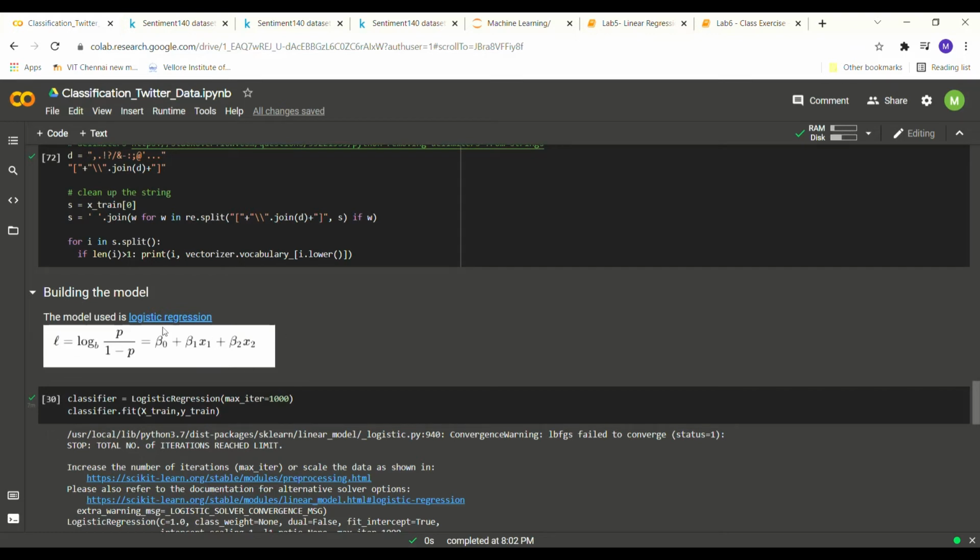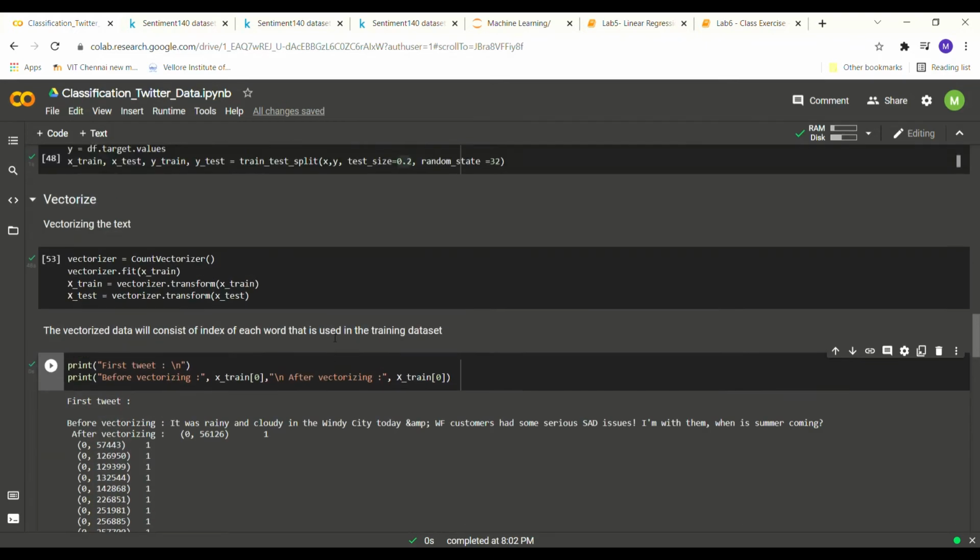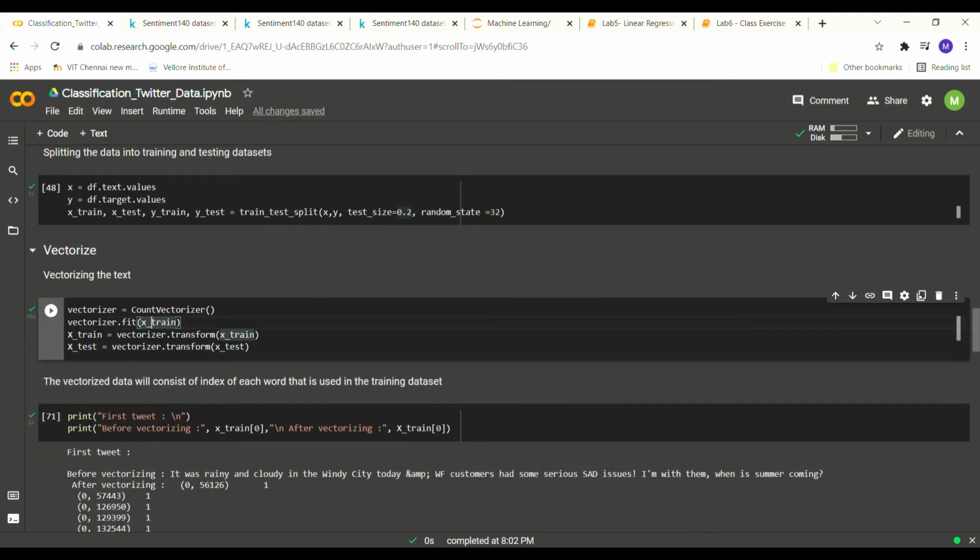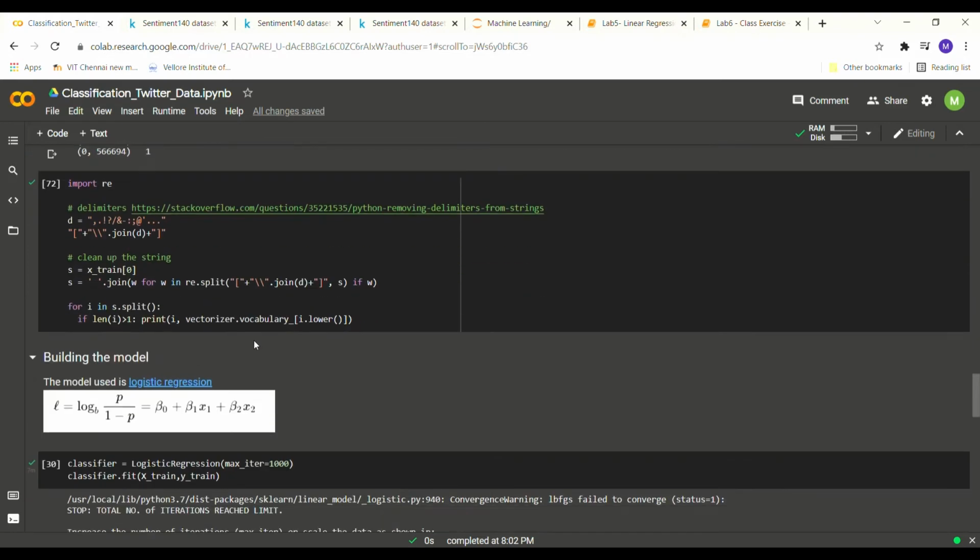this is the equation for logistic regression, and in this case of text classification, this part of the equation is the probability that that particular tweet is of a positive sentiment or a negative sentiment, and on this side we have all the variables that we've used. In this case, all the variables means all the unique words that are present inside the vocabulary. That is what we've done here using this step. So that includes all the words in the vocabulary.